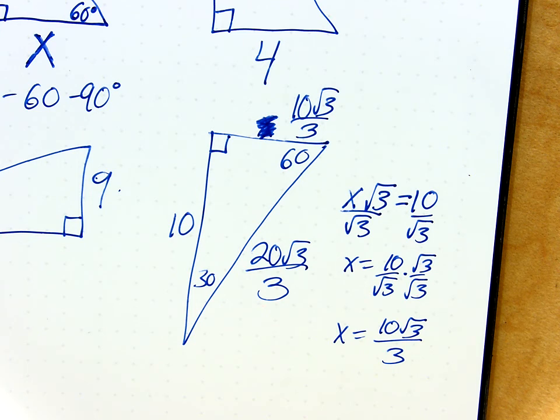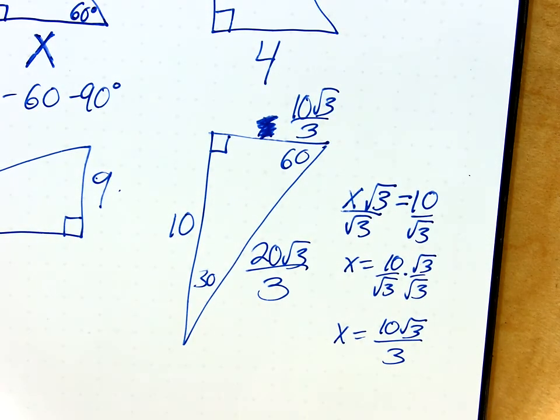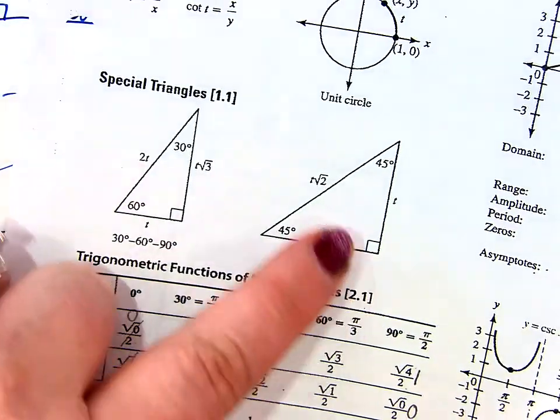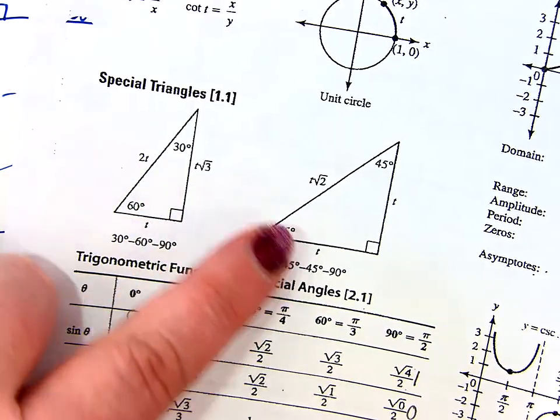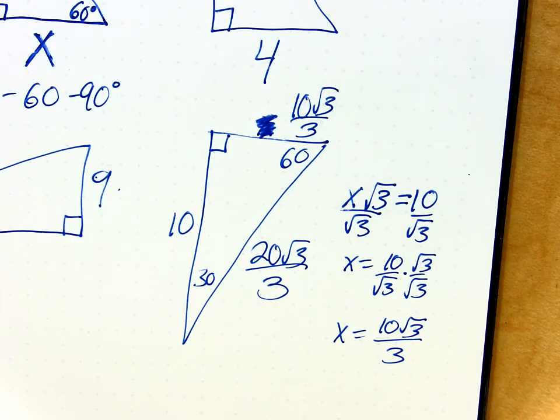The only other thing that I want to point out, and I actually don't know if it matters for you guys that much, because I can't remember if the special right triangles are on the reference sheet. Let me look real quick. Oh, they are, so it doesn't even matter. But I'll share it with you anyway. When you go off to college, maybe you'll take a class where you don't get a reference sheet. So your reference sheet does have your 2 special right triangles on it right there, so you don't have to worry about recreating them from scratch. But if you ever had to,